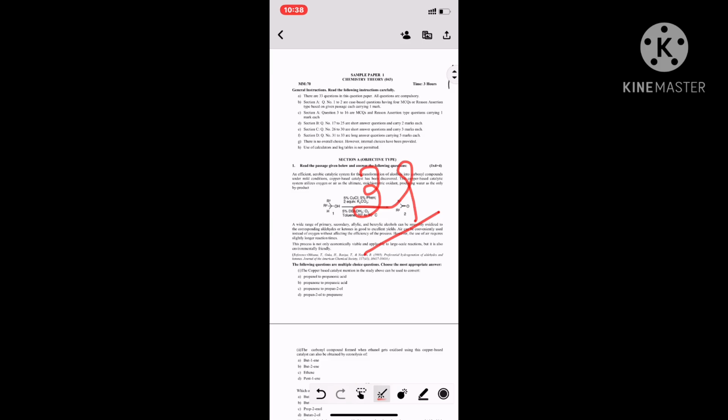Okay, so what has increased is the proportion of 1 mark questions. Earlier there used to be 10 questions of 1 mark, but here now it is 22 questions of 1 mark. So you have to be very precise in dealing and in studying, because you have to be conceptually strong to solve these questions.